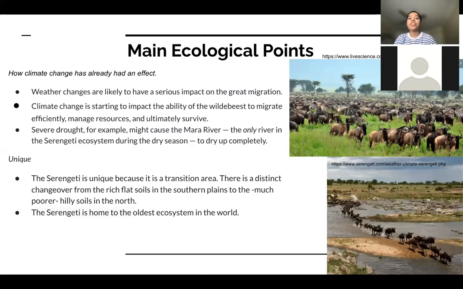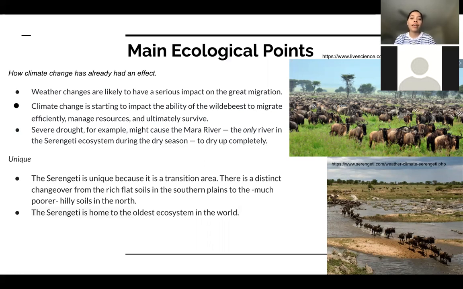Okay, climate change is the main reason why wildebeest migrate, since it makes it harder for them to survive, for example, making the crossing even more difficult for these species. Increased rainfall intensity would cause the Mara River to run much higher than normal at certain points in the year, making it even more dangerous for wildebeest to complete their journey.